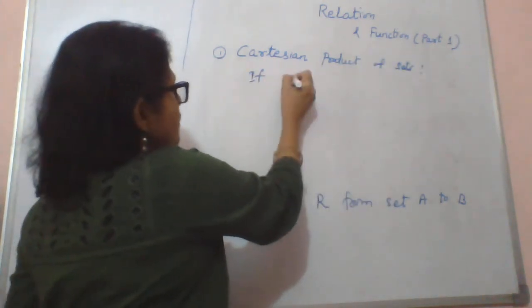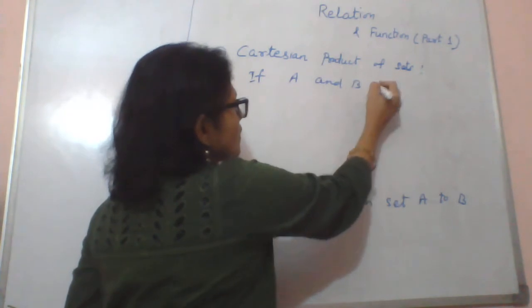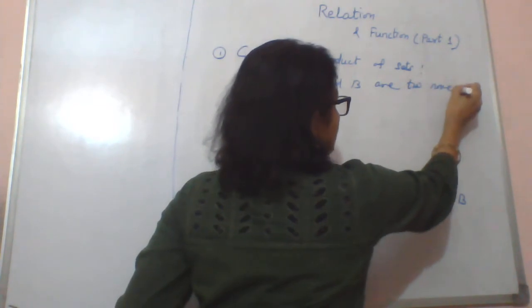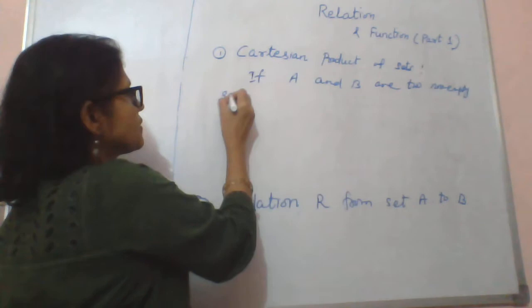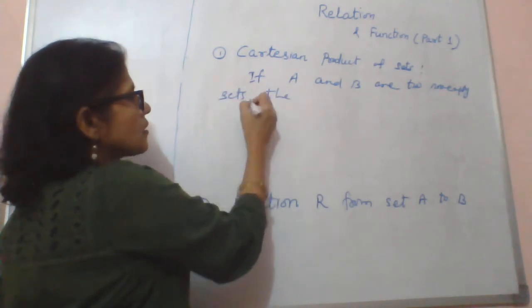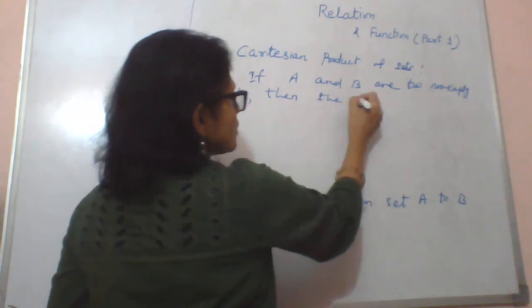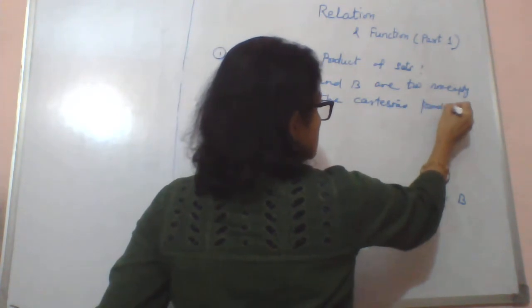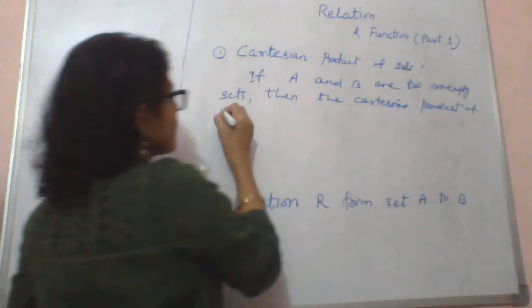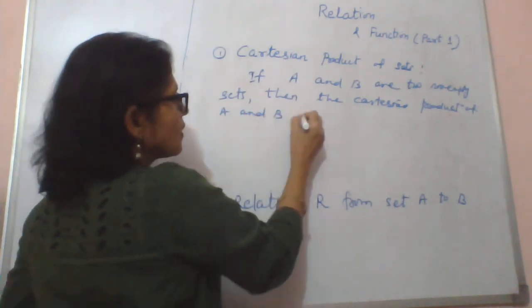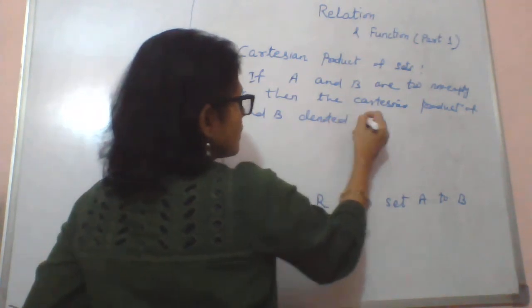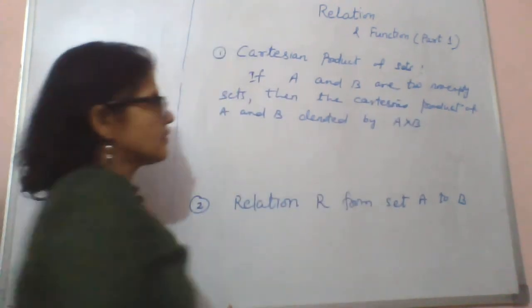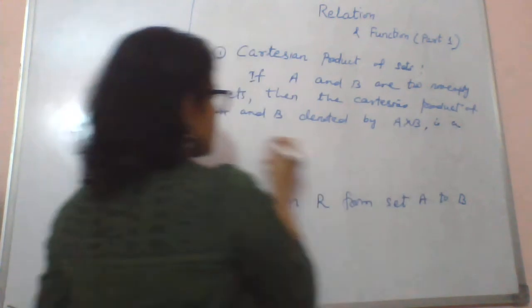So here, if A and B are two non-empty sets, then the Cartesian product of A and B, denoted by A cross B, we write like this, right, is a set of ordered pairs,